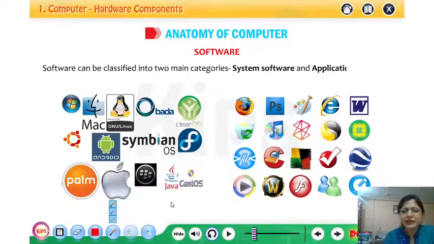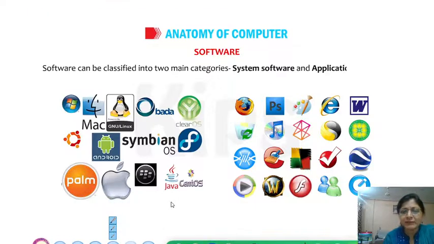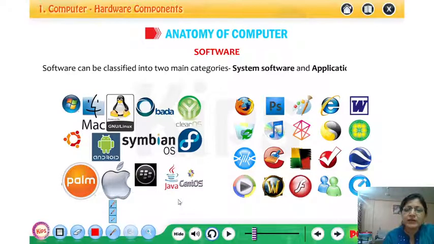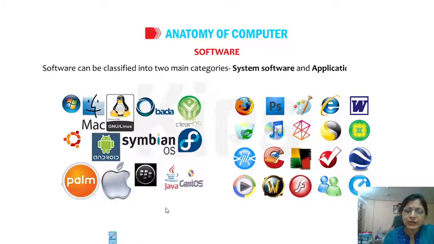Okay, now the two categories of software are system software and application software. System software is the software which is very essential for the working of the hardware. Okay, so as soon as you start the computer, as soon as you put on the power, immediately the control goes to a program which is going to load the operating system into the memory. The operating system is also a software, system software. Okay, and then the control is in the hands of the operating system, and any commands that you will give, they will all be taken up by the system software.